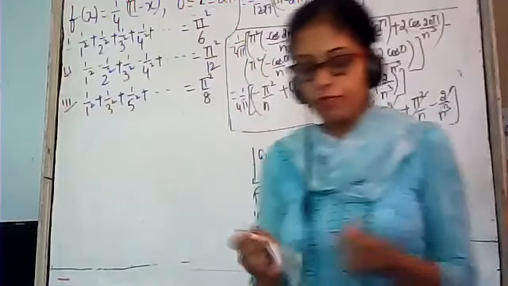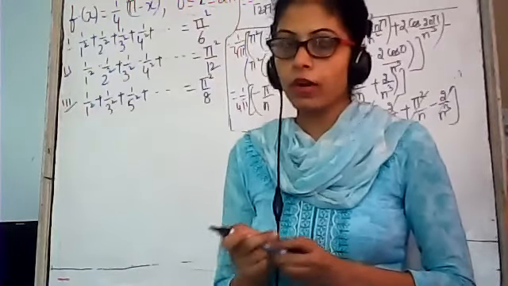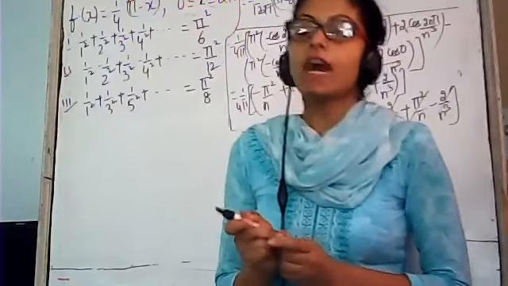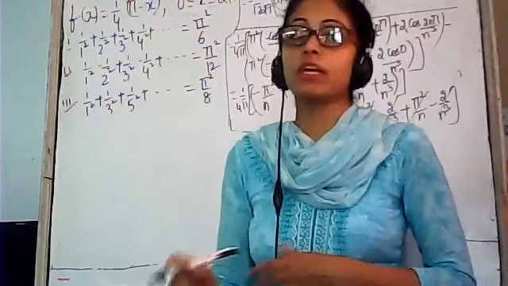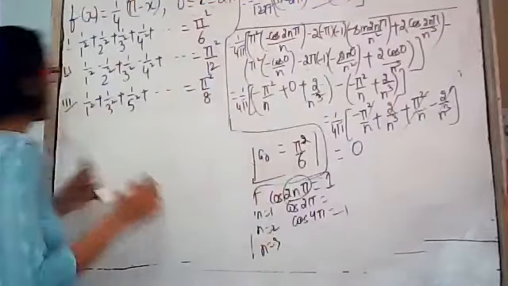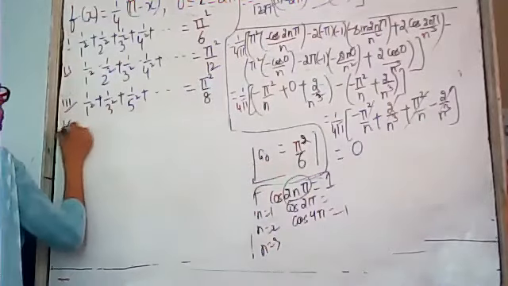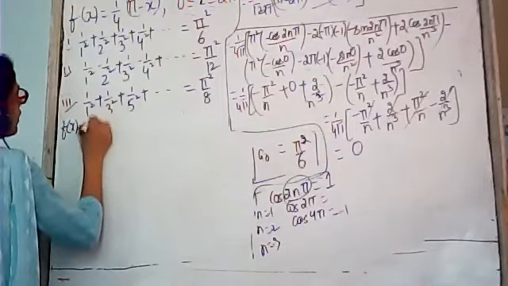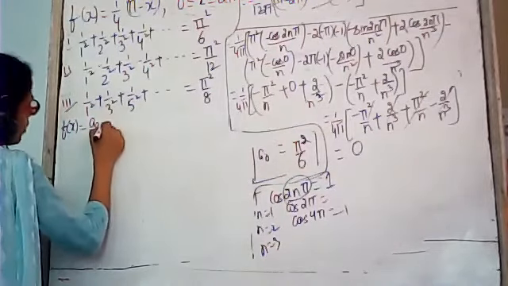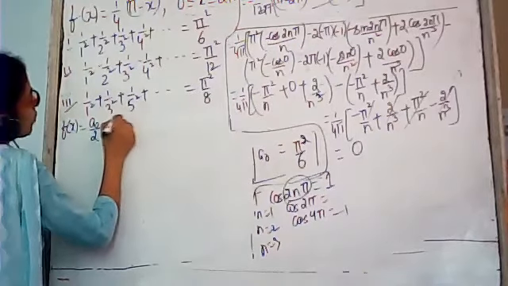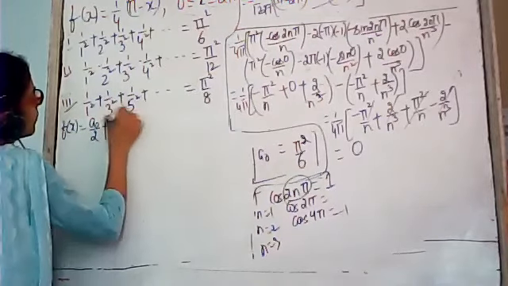So we have found all the values of a0, an and bn. After finding the values, we have to substitute these three values in equation number 1. We have written in the starting f(x) equals, you have written this, no need to write it again. Just write down: substituting all the values of a0, an and bn in equation number 1.